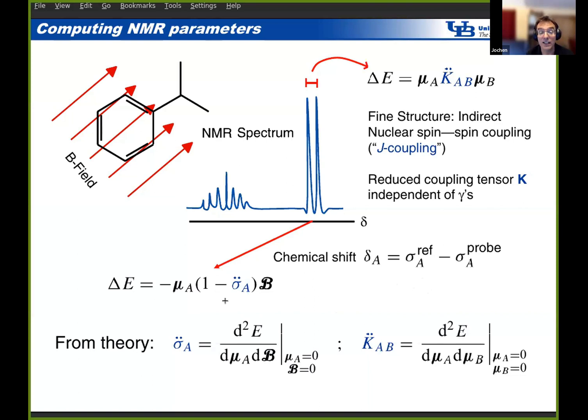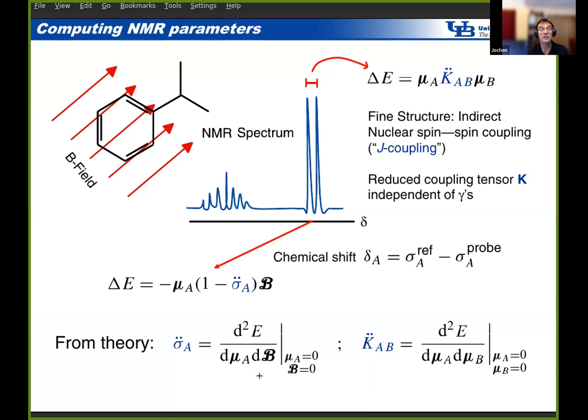Anyway, so there we have a second derivative of the molecular energy with respect to the presence of a spin magnetic moment of a nucleus and the external field applied in the spectrometer. Then this is sort of the phenomenological Hamiltonian here, where I put the cursor,